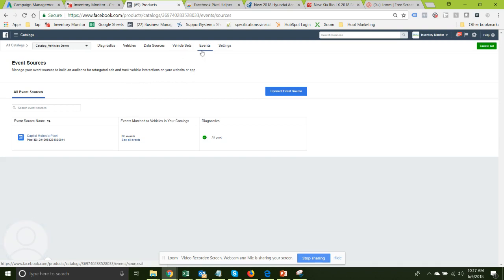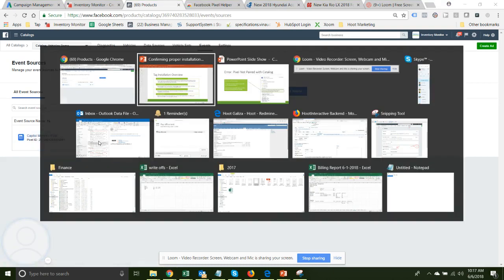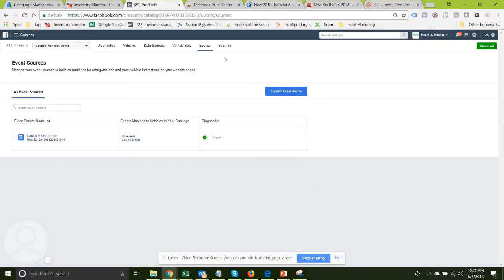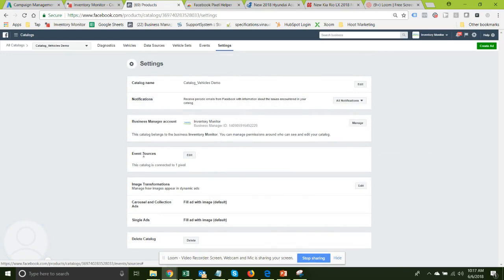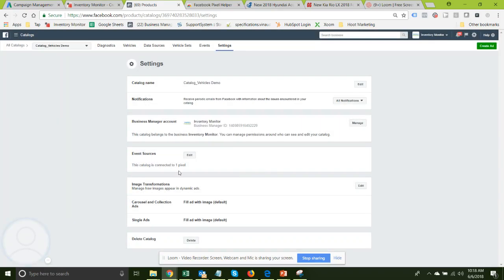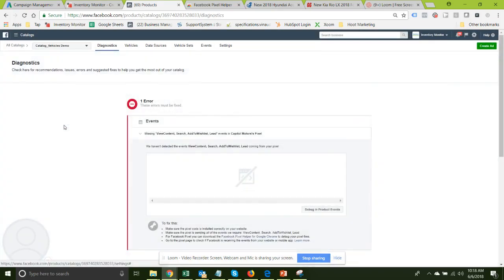If you go to the events tab within your catalog, you should see that there is an associated pixel. If not, you need to associate one, and that pixel should match the pixel ID that we see right here. If there's not that match, that's why you're getting this error. You can also see this over here in settings, event sources, which will show you the pixel that you've associated, and if not, that's where you could also associate it. And then also in diagnostics,